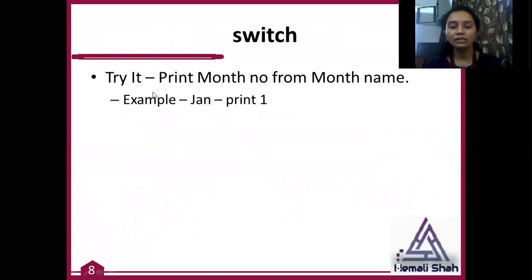You can try this program: print the month number from the month name.